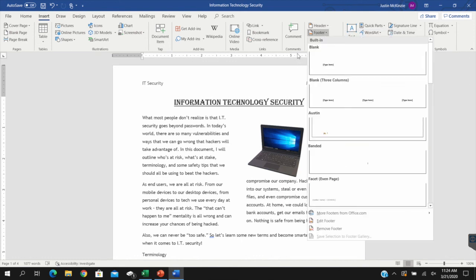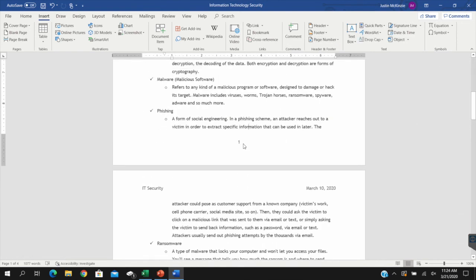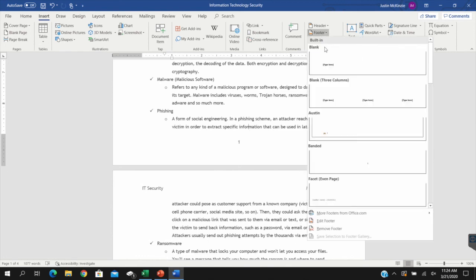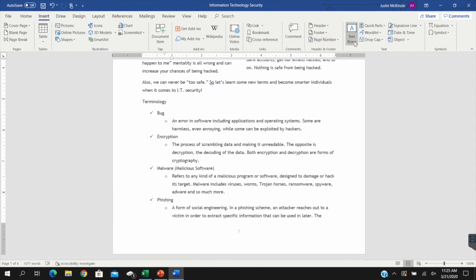You can add in footers. You can add in page numbers, which if you look, I have a page number as my footer. So if I go in here and click on that, see it's in there as a footer, but now under header and footer tools, you have a design tab, and you can work on headers and footers and page numbers all at the same time. Even add in dates and times, document info, pictures, and you've got a whole list of things here that you can do with it. When you're under insert, you can insert text boxes, word art, signature lines, date and times,